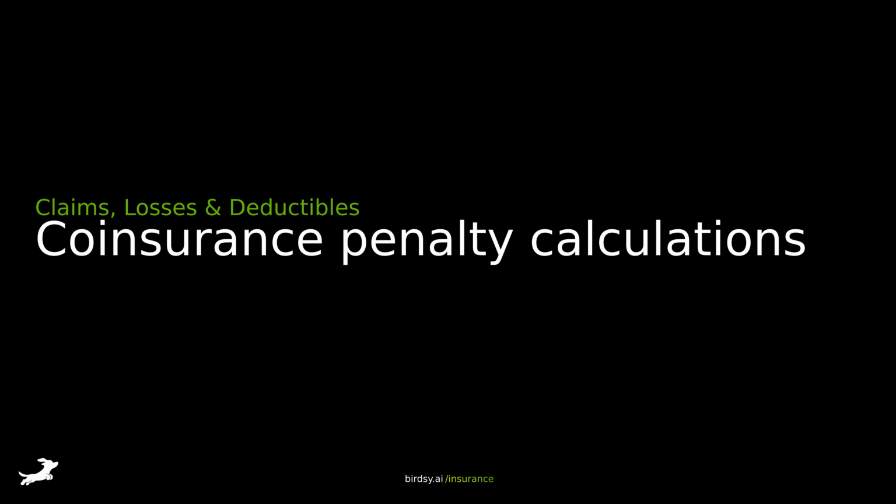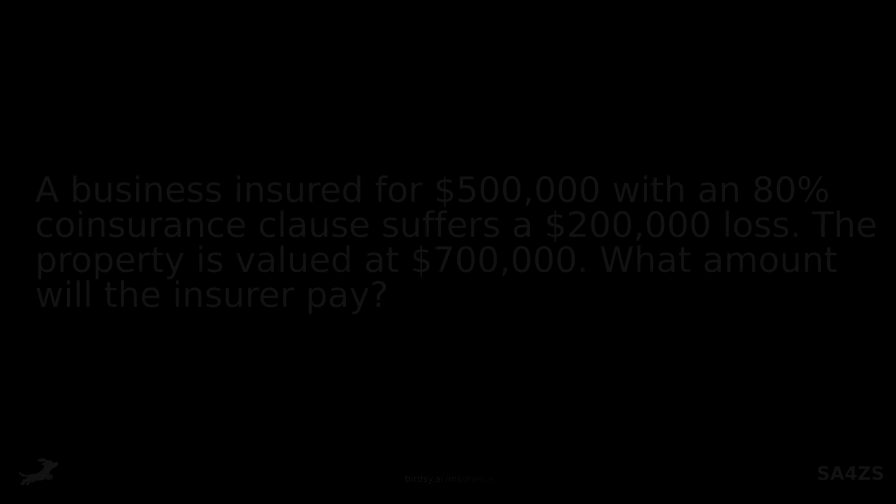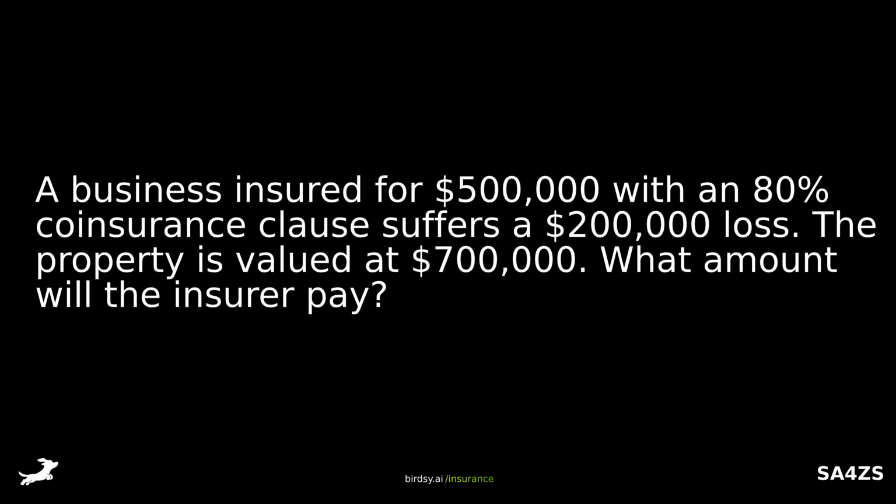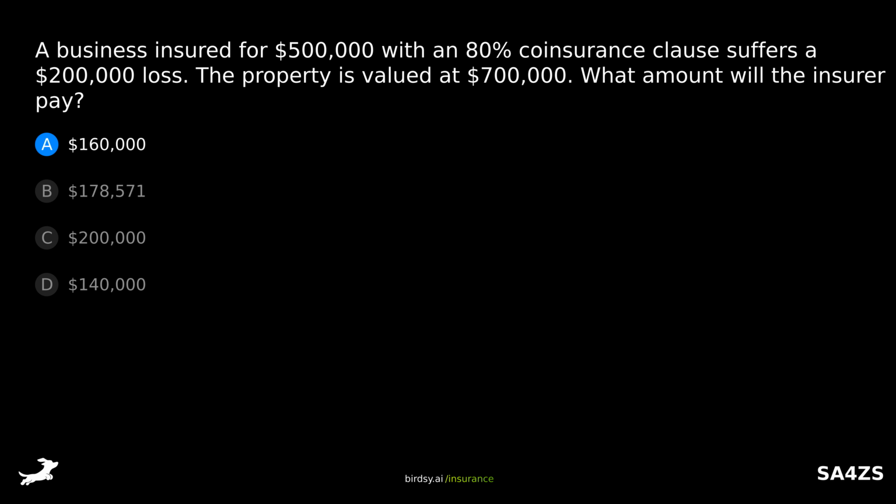Coinsurance penalty calculations. A business insured for $500,000 with an 80% coinsurance clause suffers a $200,000 loss. The property is valued at $700,000. What amount will the insurer pay? Is it A, $160,000, B, $178,571, C, $200,000, or D, $140,000? The answer is B,